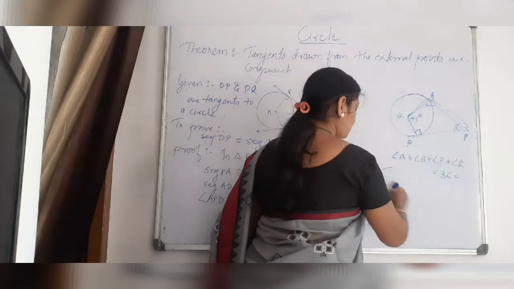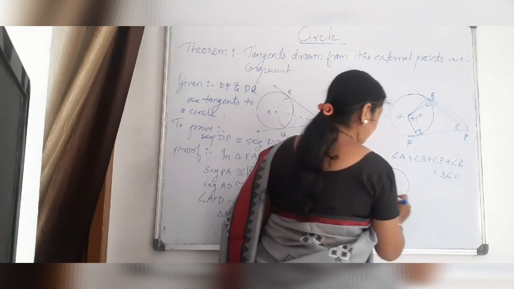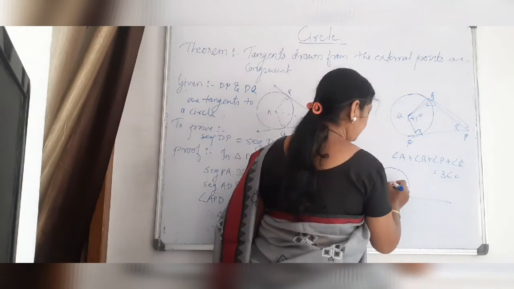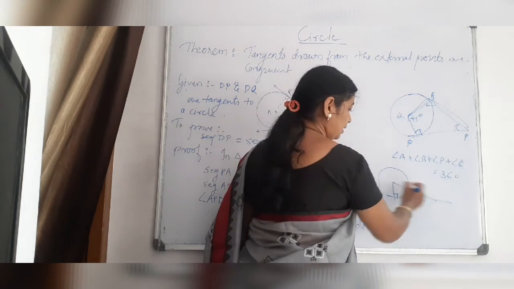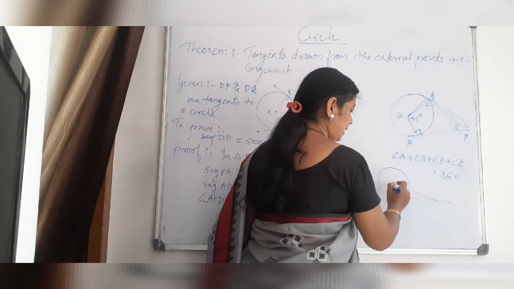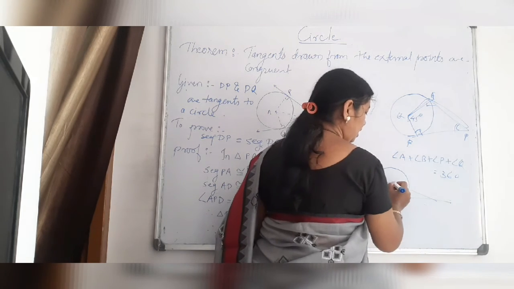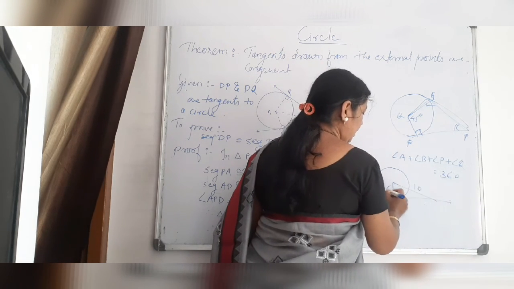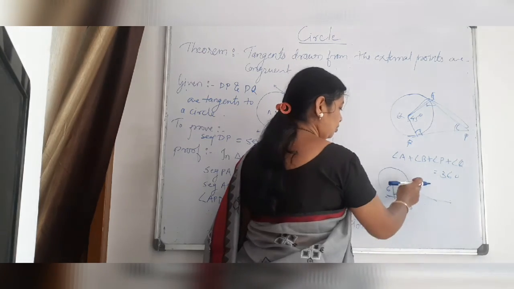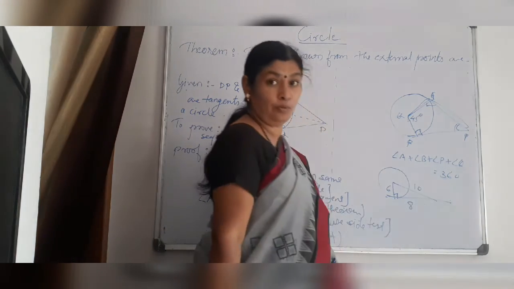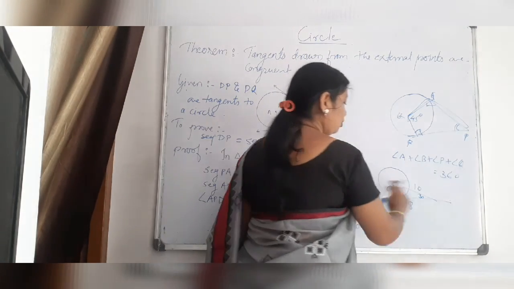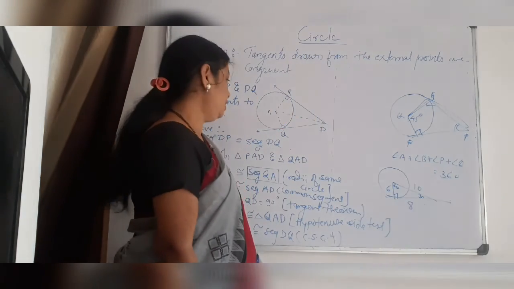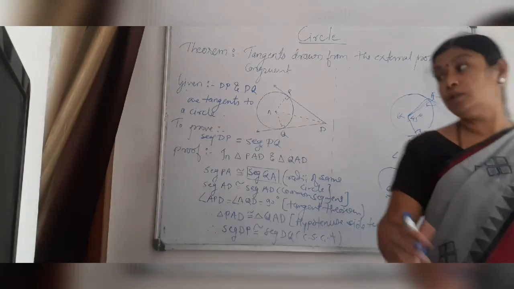Again, which type of problems? If a circle, a tangent and a radius are given, which type of triangle is it? It is a right angle triangle, because the radius is perpendicular to the tangent. If two sides are given, you have to find the third side. If an angle is given as 30 and 60, then you have to use the property of 30, 60, 90. In this way you have to solve the problem.